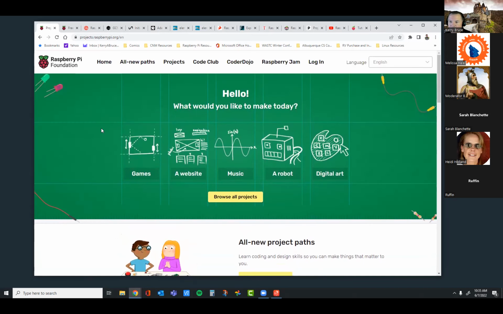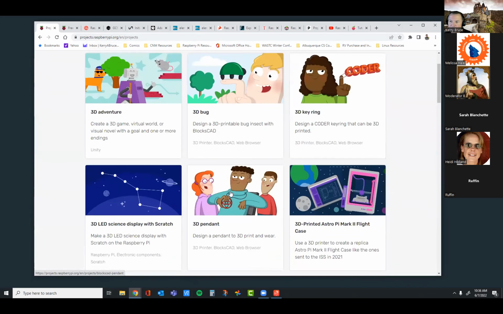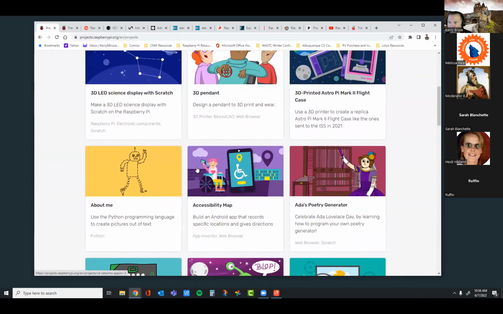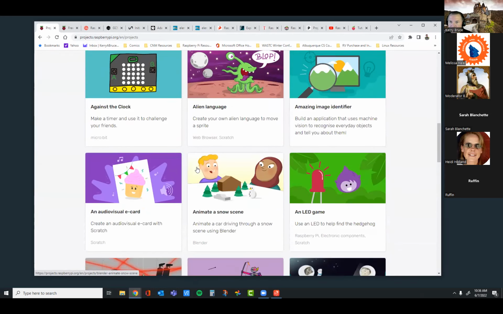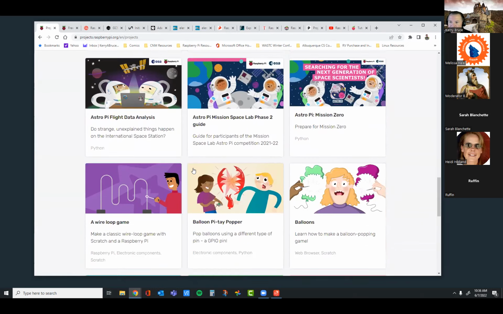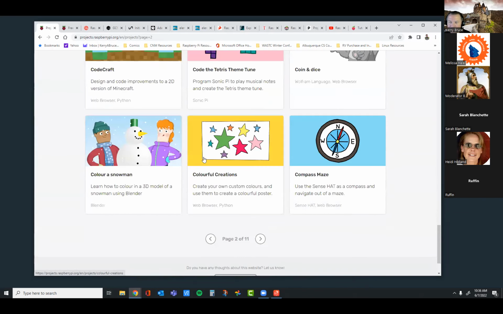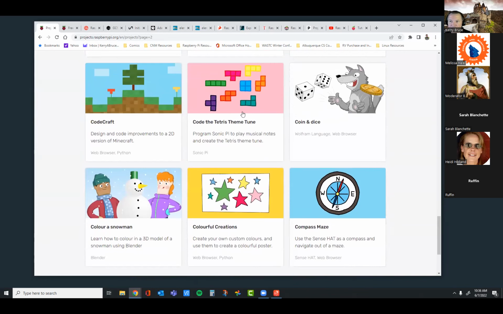So this tutorial page, this is projects.raspberrypi.org. And like you said, a lot of these things do have the fun graphics, right? But you can slide through this and find a project that teaches the concept that you want to teach, and then you can take that and pull it out because of Creative Commons and do all kinds of fun stuff with it.